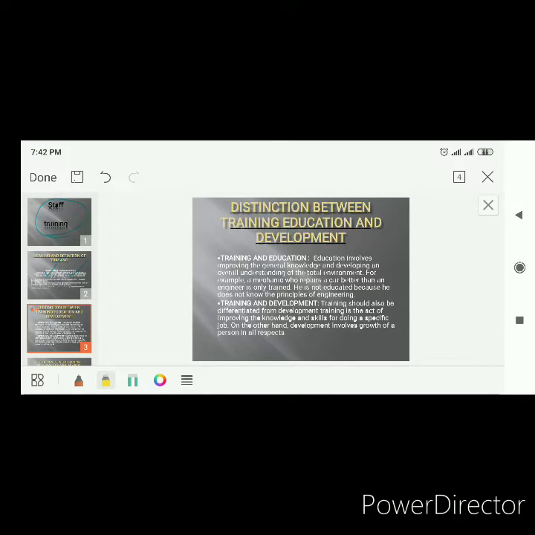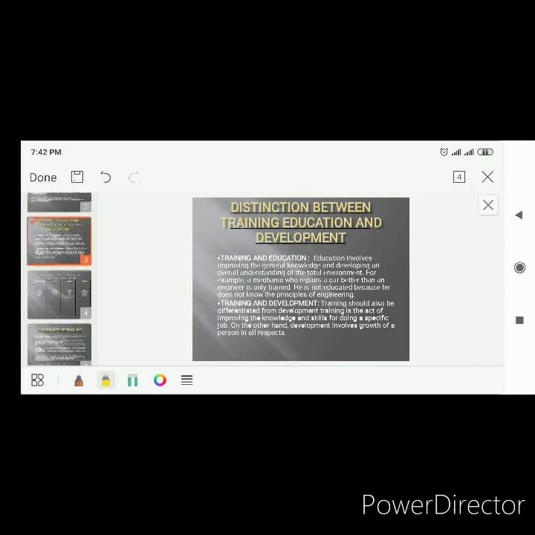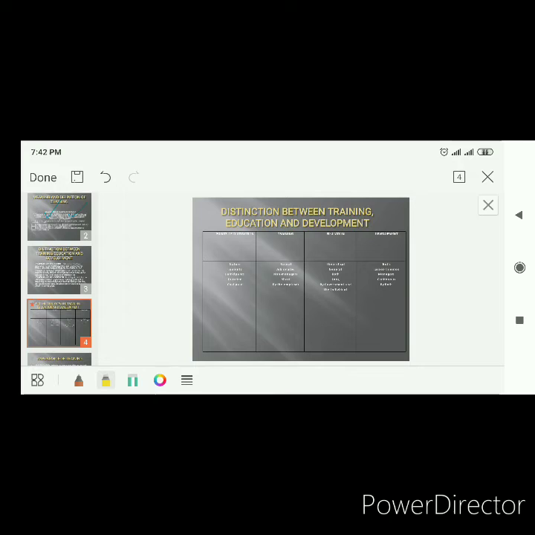Education involves formal instruction in a school or college, whereas training can be given only on the job itself. Right? So training and development, training should also be improving the knowledge and the skill for doing a specific thing. Right? As you can see in the chart. Now moving on to the next chart, as you see, we have another chart that shows you the distinction between